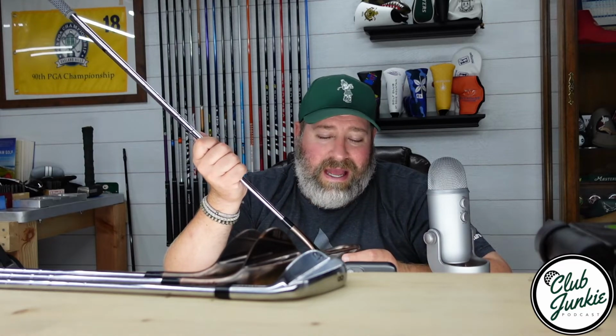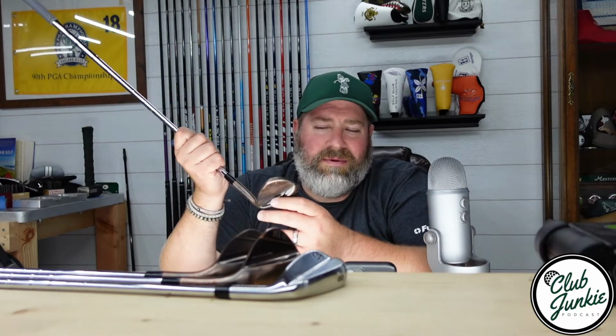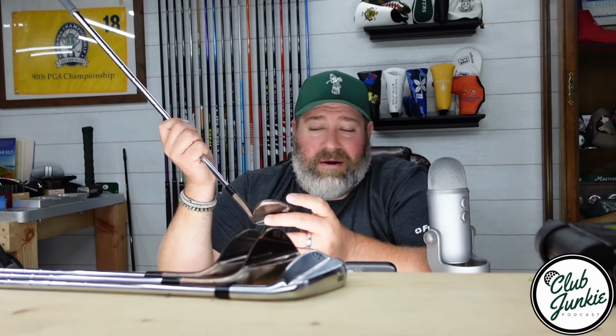The spin on them is really good. The first shot I hit with it, I think we were playing the back nine last week. On 10, I hit an okay drive. It wasn't great, but I hit an okay drive, and then bladed I think like a 9-iron or something over the green, which was unfortunate. And the ball actually ran down to a little swell in between the back of 17 and the back of 10. There's a little valley, and it was almost a slightly downhill lie. But I opened the face up, caught it just a hair off the toe. It still got up. I hit it great, and I mean it rolled 10 feet past, but